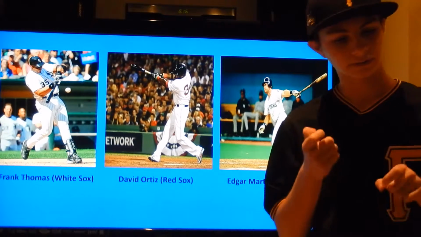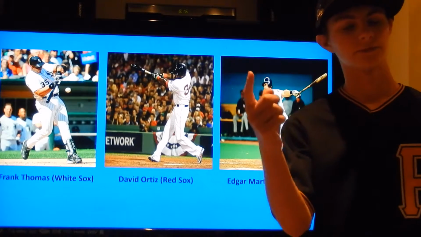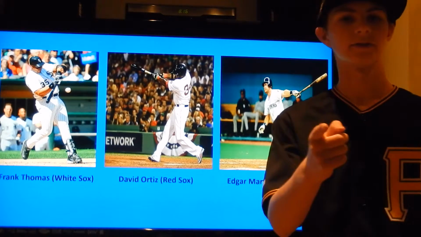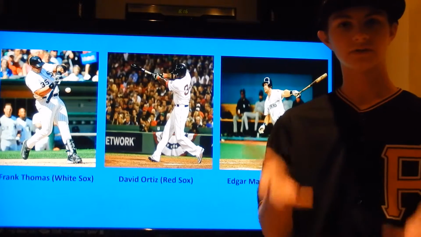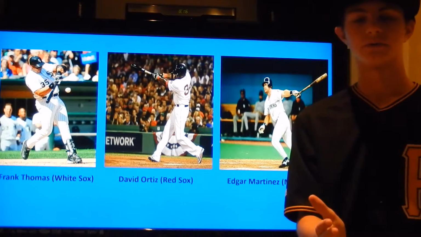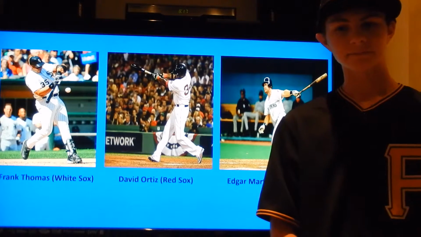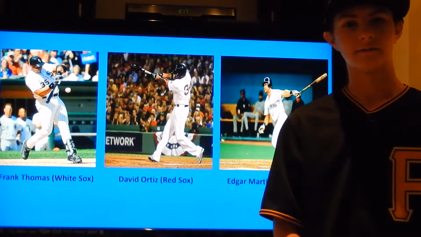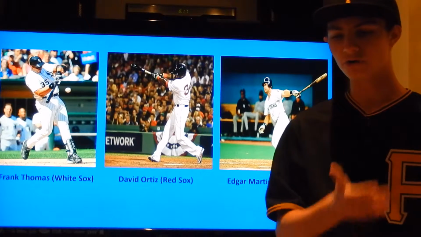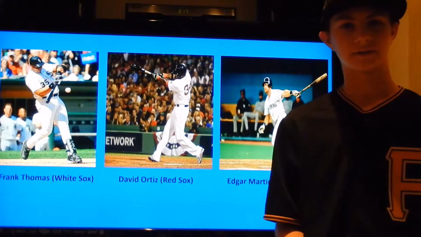The pitcher is trying to lay down a bunt to allow the runner from second to go to third and from first to go to second. So it's just kind of giving them an out to move your runners over, to get out of a double play and such.